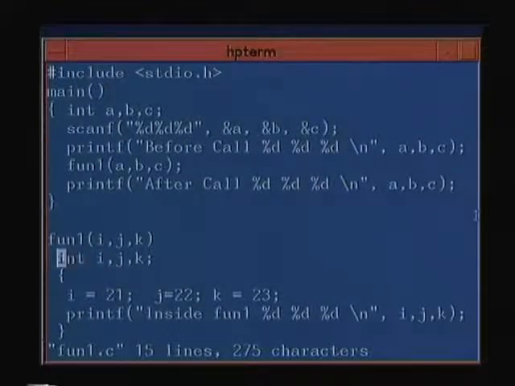So I have declared them to be integers, and inside the function I assign I equal to 21, j equal to 22, and k equal to 23. I need not put them in separate lines, the semicolon takes care of it. And I put in a print statement that inside fun1 I, j and k are these.